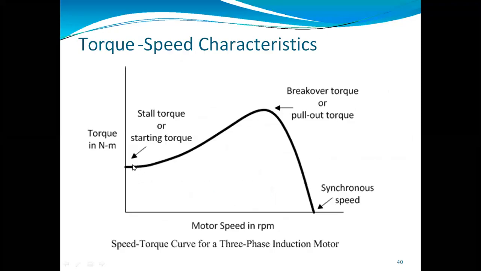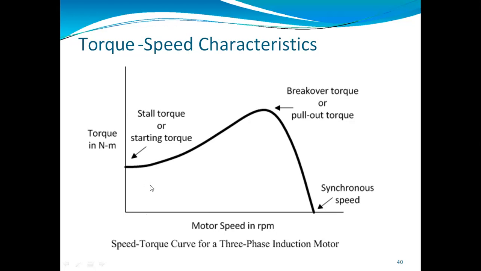If you are taking the starting torque, any initial value, you can take any value. I am not giving values here. We are taking only the graph, with torque on the y-axis and motor speed on the x-axis. If you want, you can give values here: 0 as the origin, and you can give speed and torque values.